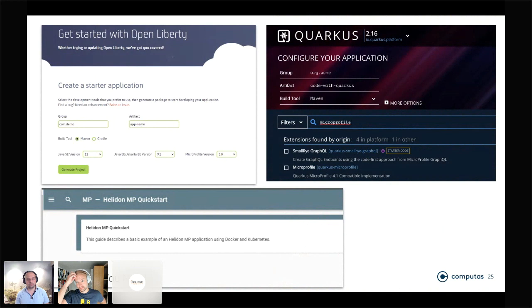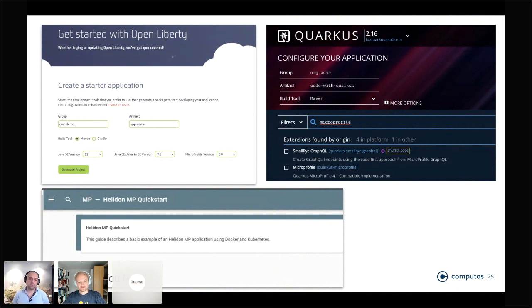So, go ahead. Yeah, sorry. No, but I just think we need to add that if you download one of these starters, you typically get examples of how you create a REST endpoint with this runtime, and how you do JSON, and it's easy for you to take the code that we've shown you and put it into the starter and tweak it to your needs. It's pretty cool. Of course, you can also download the starter and then copy the files into an existing project you have if you want to.